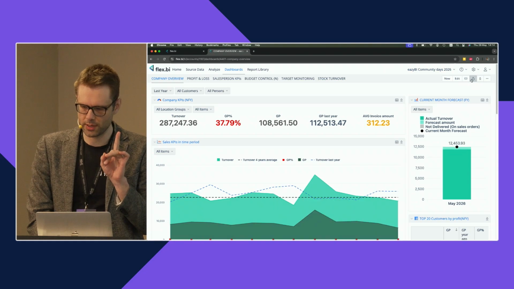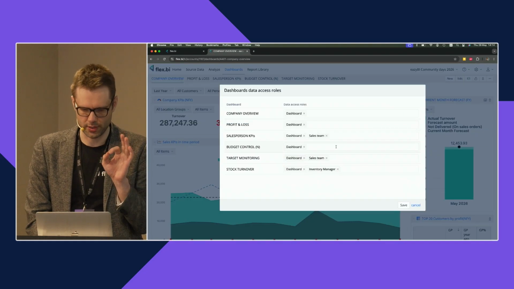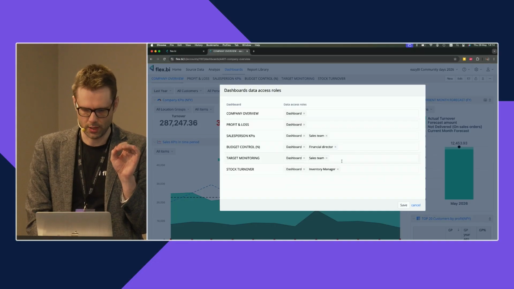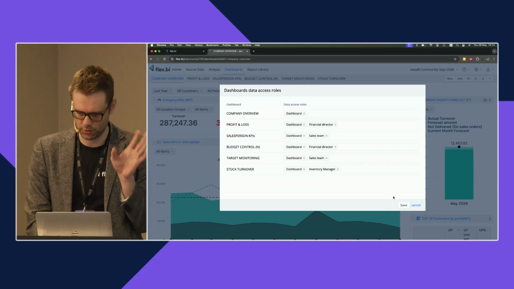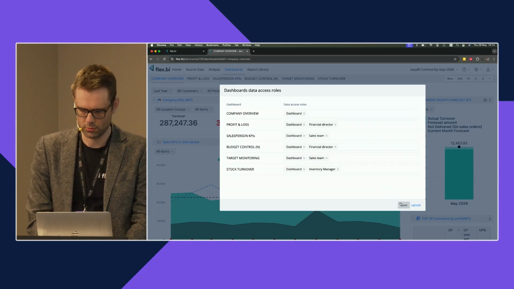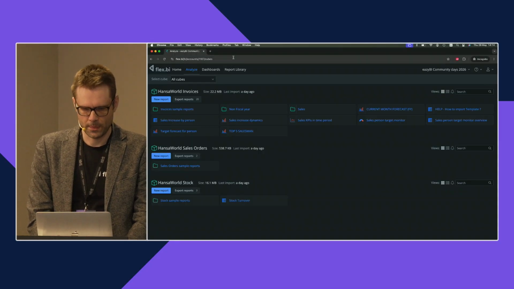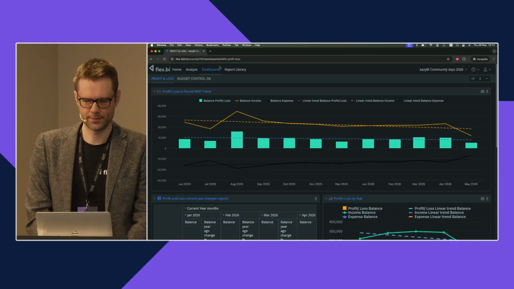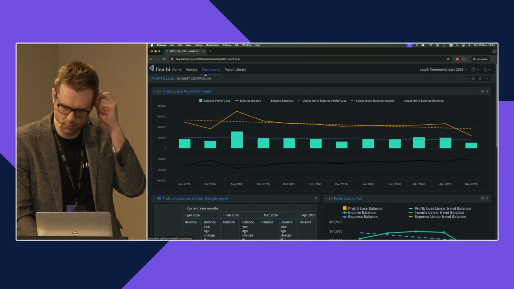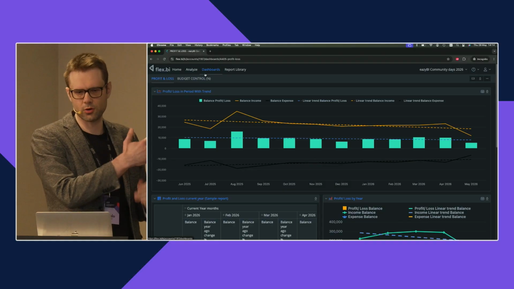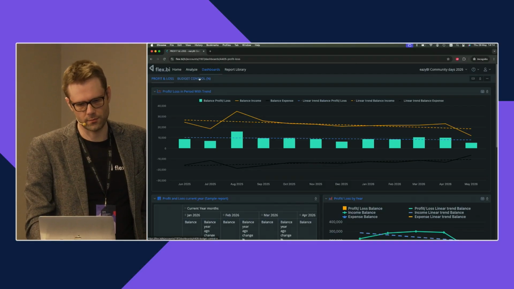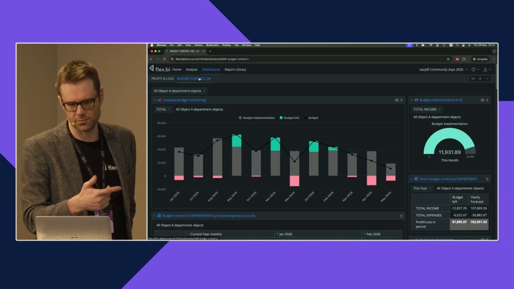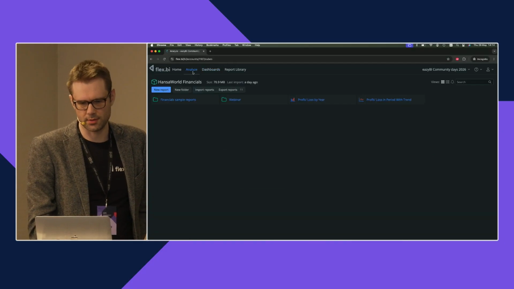And we also want to make sure that the financial director has access to his budget control and to his profit and loss financial dashboards. We save that, and let's look at the result. So here, the financial director, if we give him these roles, he will be able to log in, see his profit and loss. He will be able to see his budget control,